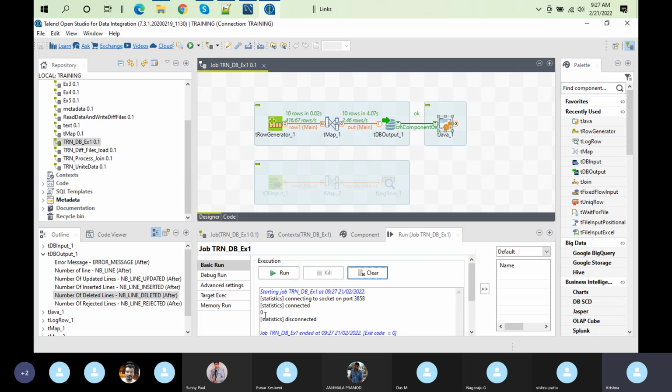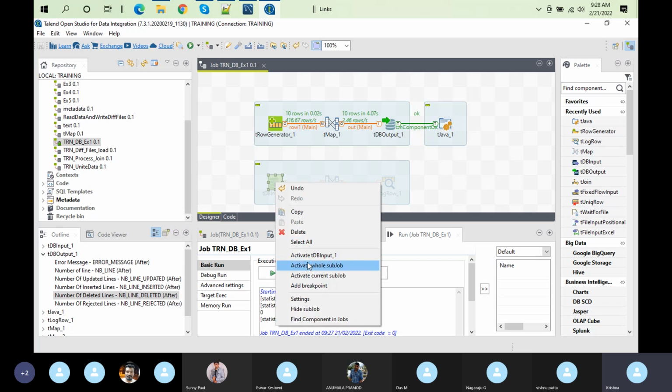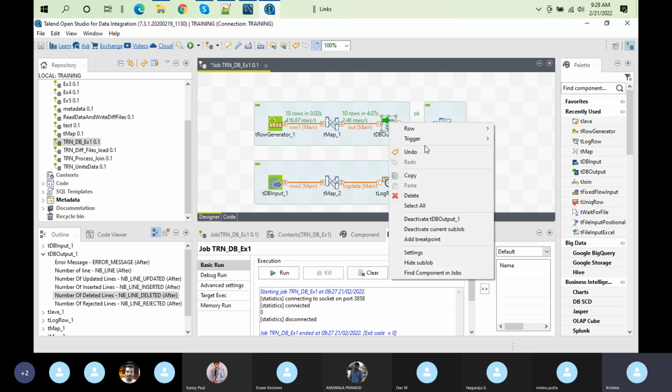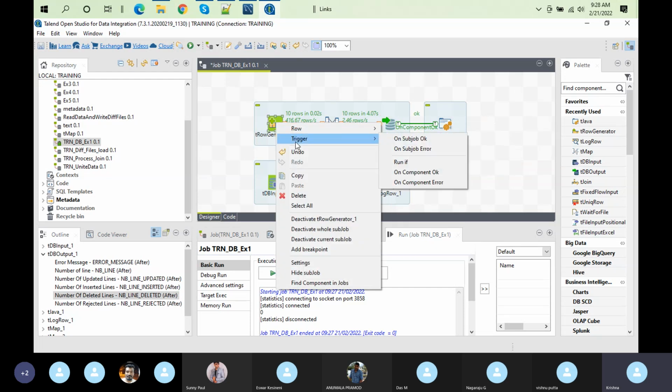So 0. So this is the condition. When you are establishing a flow between these two, automatically this job is not going to trigger. So what you have to do is put a run if condition between these two flows. You can put it from here or from here. Always put it from the main component, which is the starting point of your job. There you can put the condition,